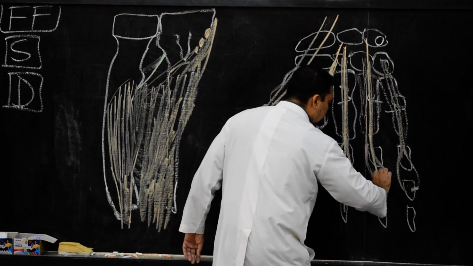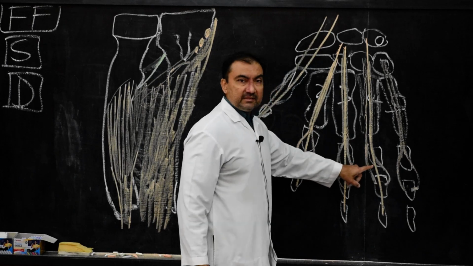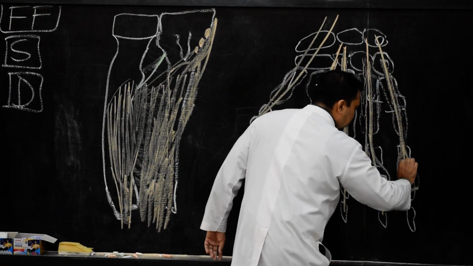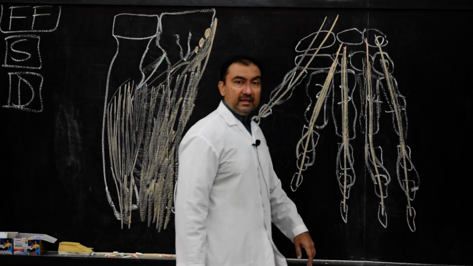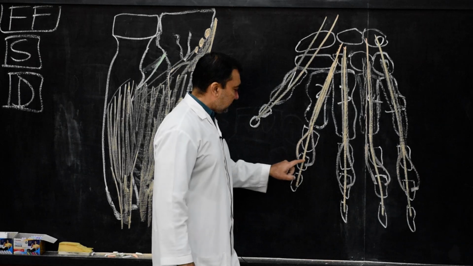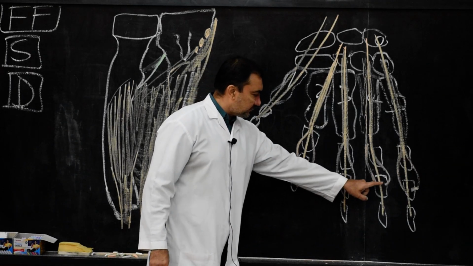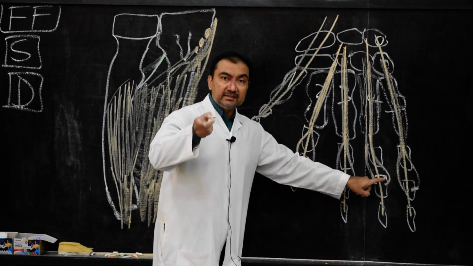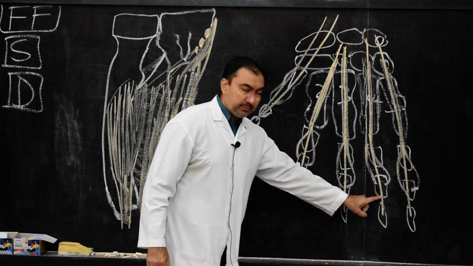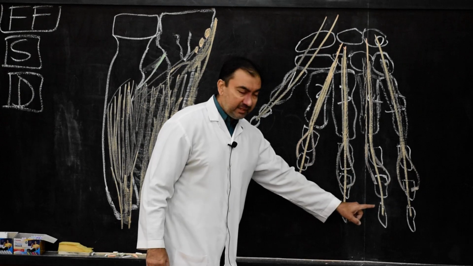This is flexor digitorum profundus. And where is it inserted? It will pass between the split margins of which muscle? Flexor digitorum superficialis. Passing deep to it, it will be inserted into